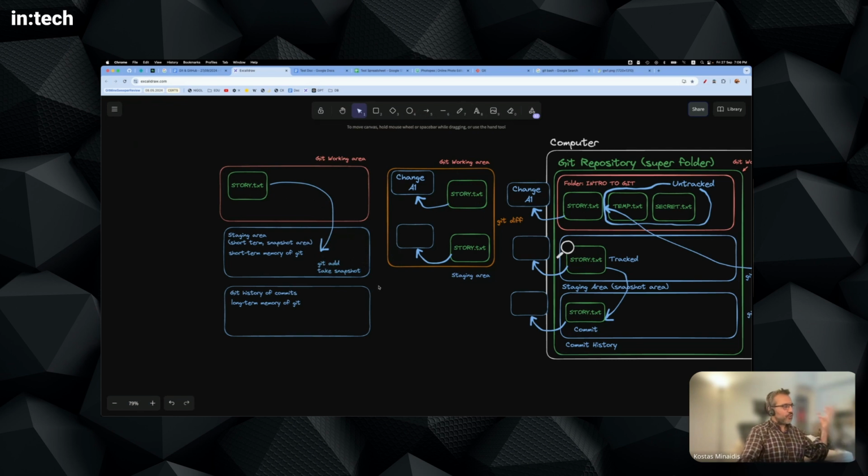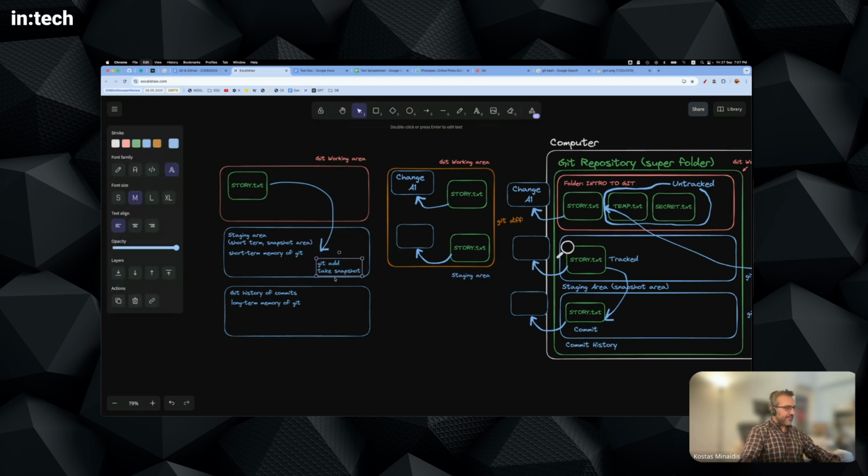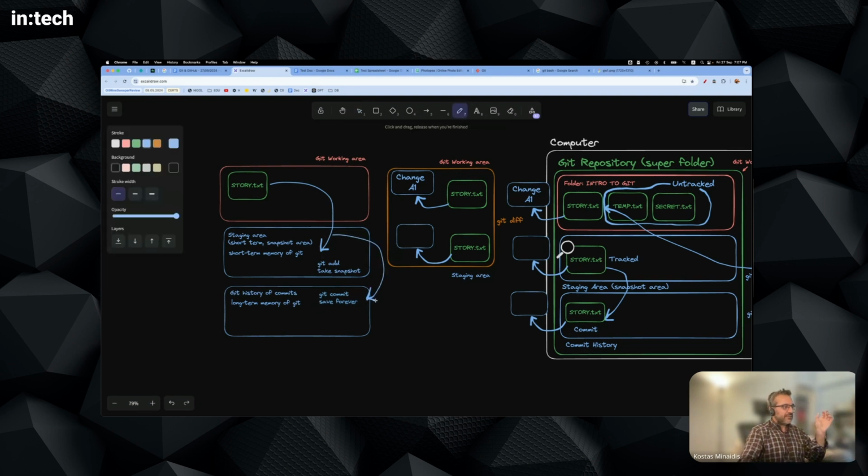If you want to store this memory and keep it forever, you can say git commit and save forever. Okay, so this is the process. It's not like you make some changes in a file and then just save them. You have to go through this intermediary staging area. You have to take these short-term snapshots with git add and then move on to git commit